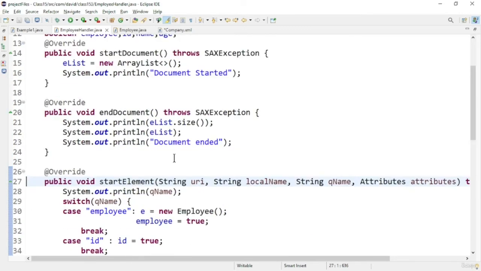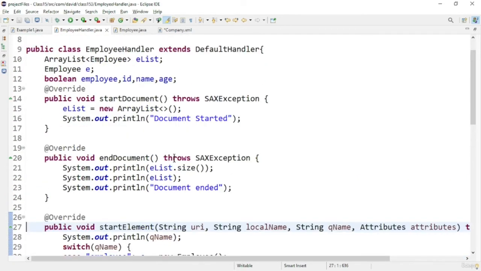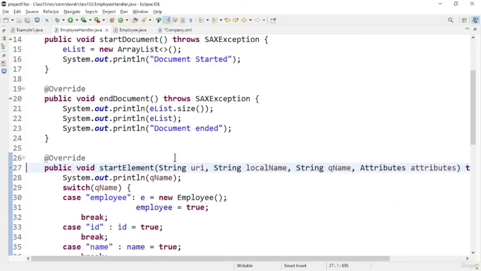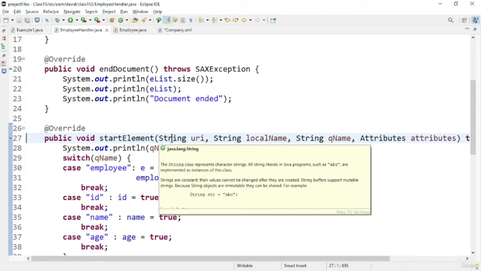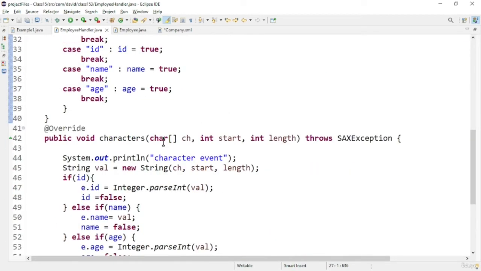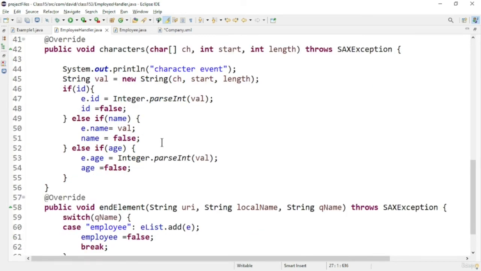That's it for the basic handler function logic. You can see how I am handling the functions. I have put console logs, System.out.println, in all of them so that we can identify when each event is triggered. Now let us go through the main method.